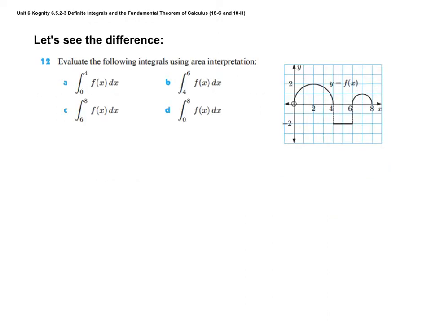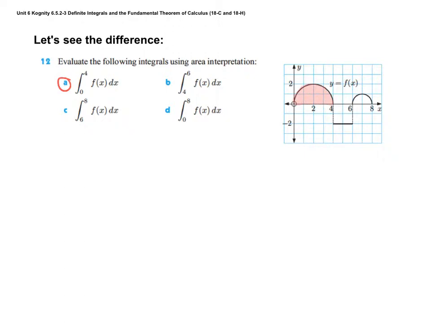Alright, so I want to use a little bit of this with some ones that we can do geometrically, just so we get used to the notation. Okay? So first of all, A here. We have the integral from 0 to 4 of f of x dx. And over here I have f of x. So that's going to give me